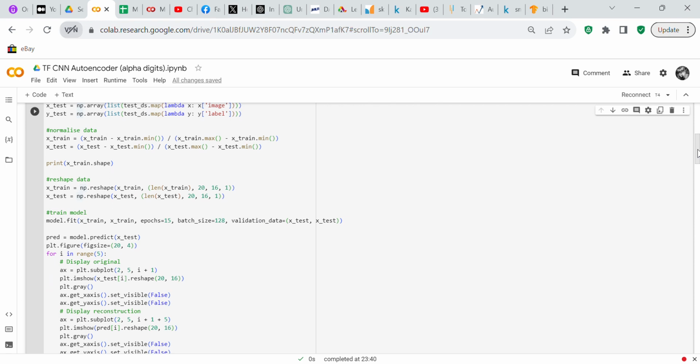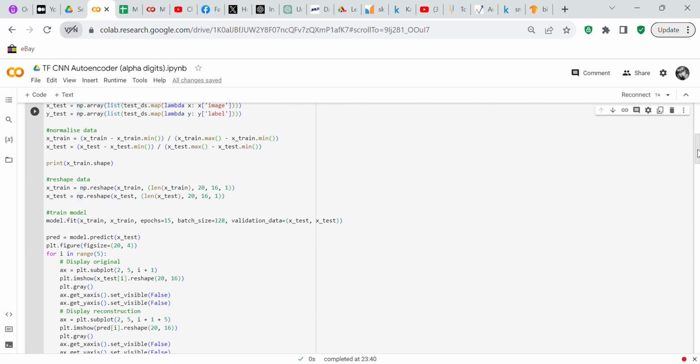And now what we're going to do is normalize the data. A lot of times, especially with MNIST and Fashion MNIST, you're just going to see them say divide it by 255. The reason is that MNIST and Fashion MNIST are 28 by 28 images with pixel values up to 255. But I think the better way to normalize the data is X_train equals X_train minus X_train min, over X_train max minus X_train min, because